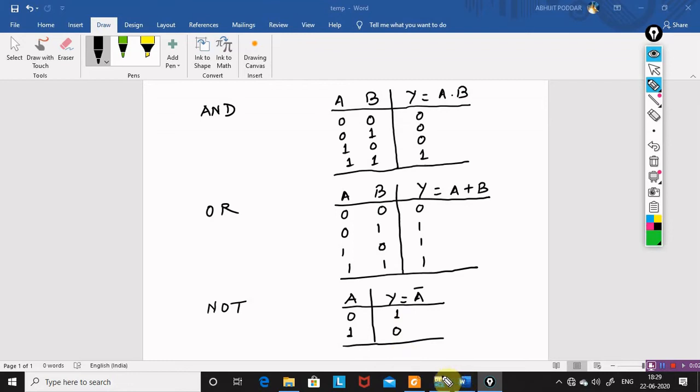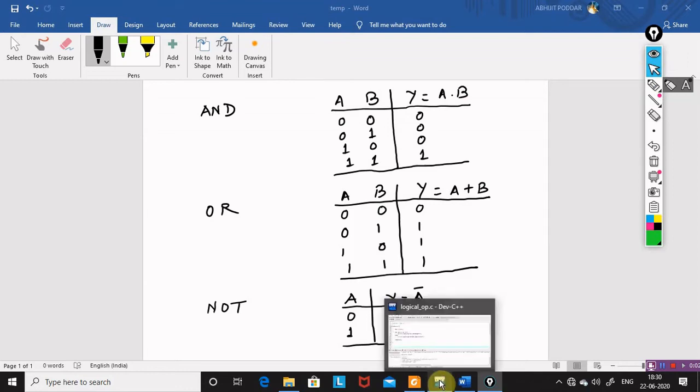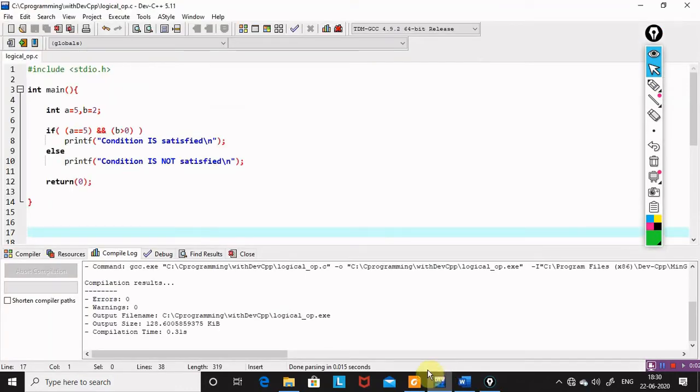Fine. So to actually implement the logical operators in a C program, we need to take up a particular example. So that's what we are going to do now. Here we have a program already written for you. So have a close look at the program. This is the logical AND operation we are talking about. Here it is